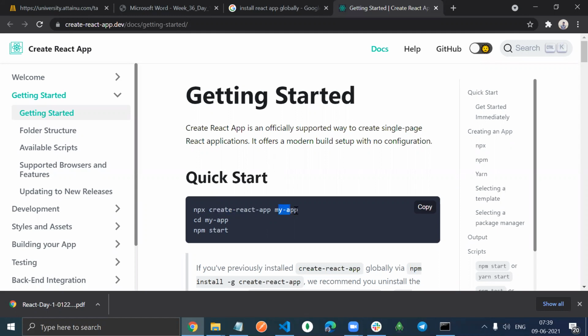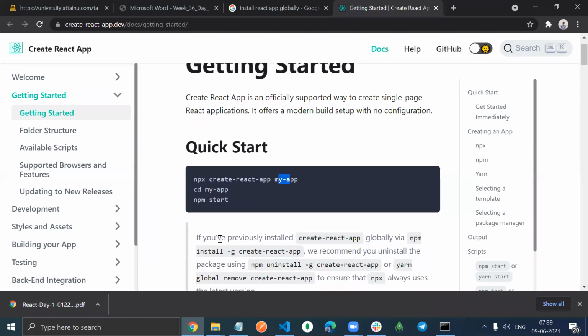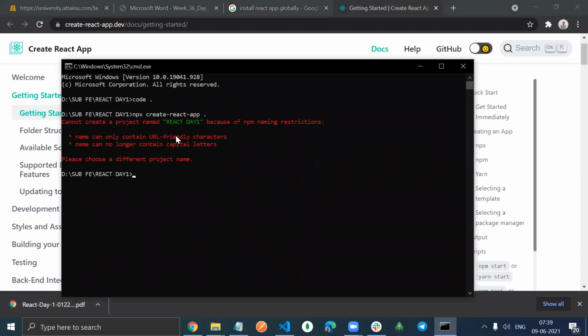If you want to give any application name, you can give, or else you can write a period. See, if you have previously installed globally by npm install -g create-react-app, otherwise if you are using React for the very first time, then you should install this globally.